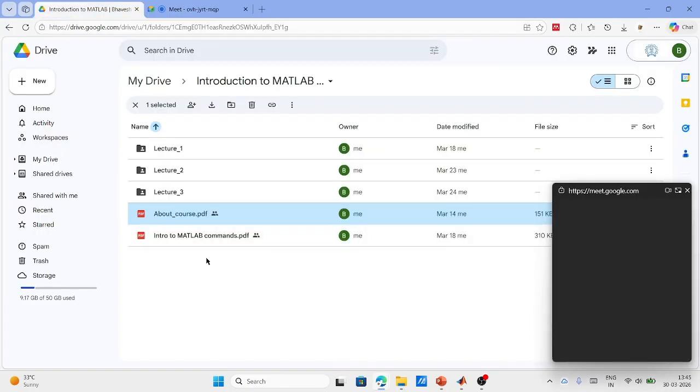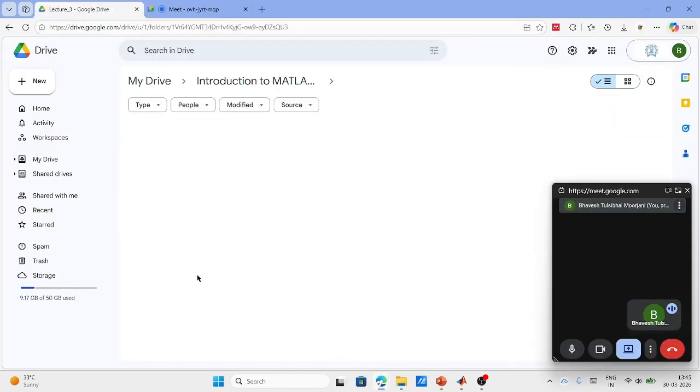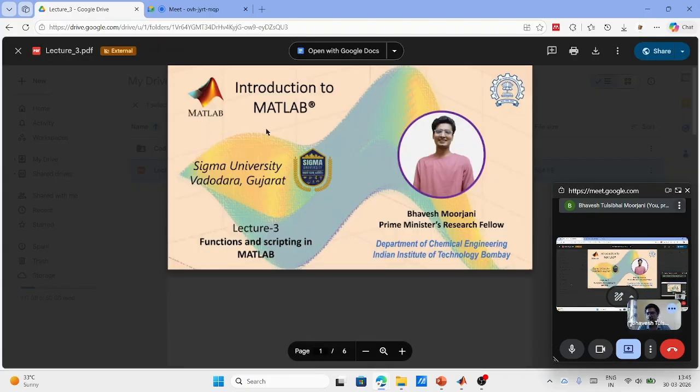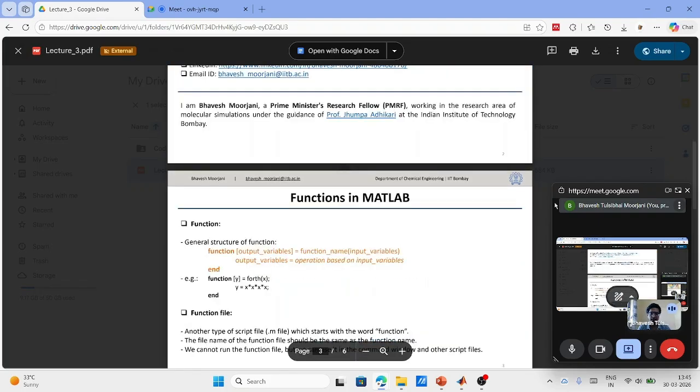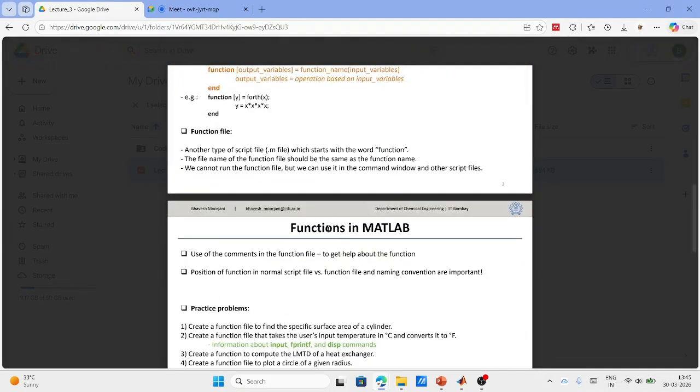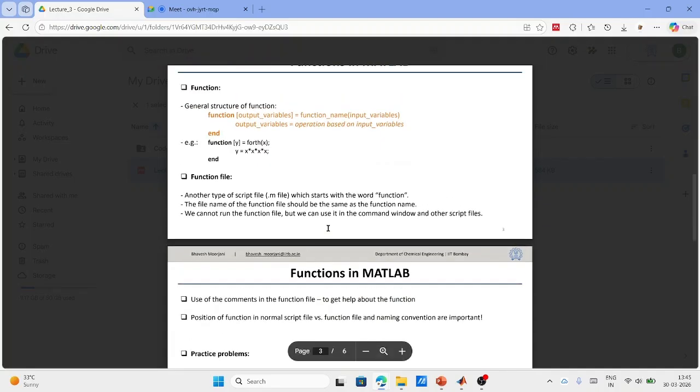functions, right? So the lecture 3 notes are uploaded here, as a PDF as well as all the codes that we had developed during the class. So what we learned in the last class was how to create your own function, which we can utilize for recurring tasks or